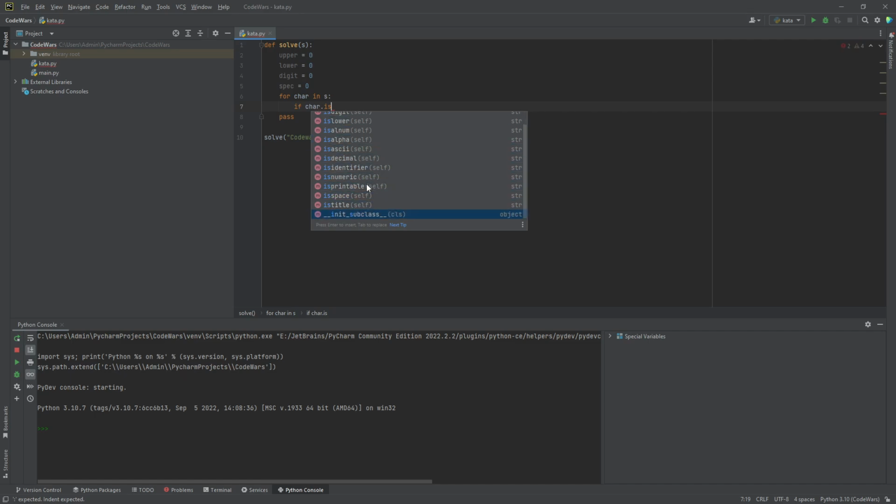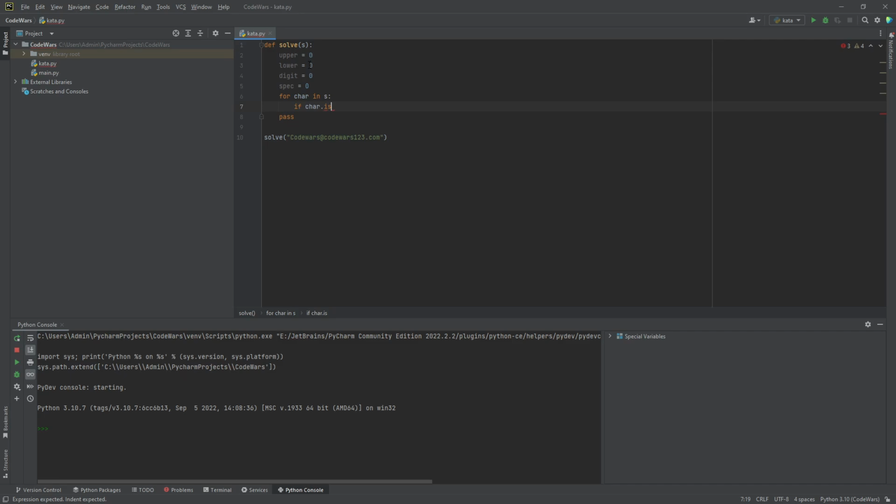So that might be the little trick to this one: there isn't a specific method for special characters that I'm aware of. But we can use at least 3 built-in methods that are already there. So if char.isupper,